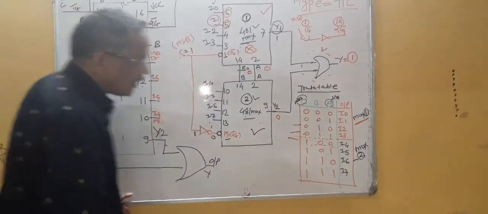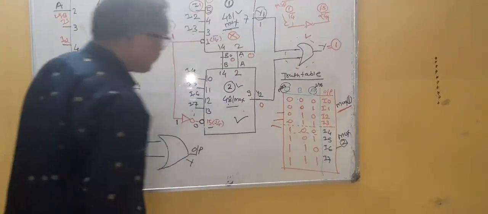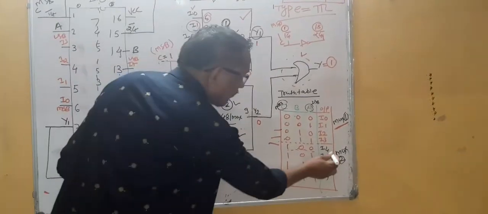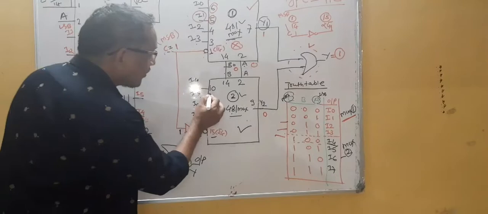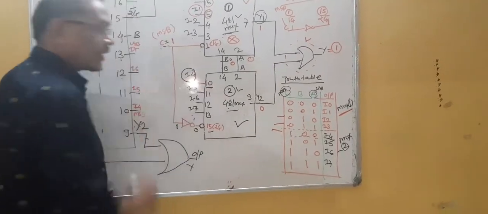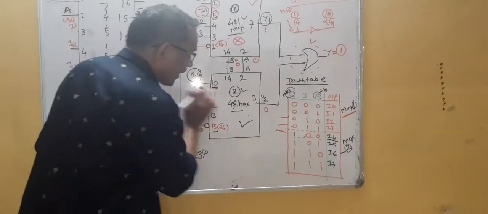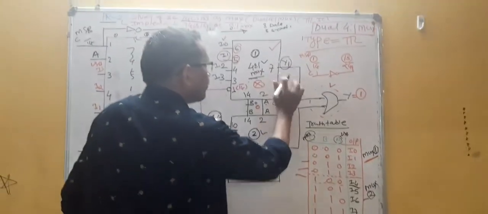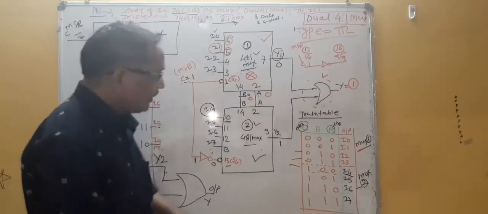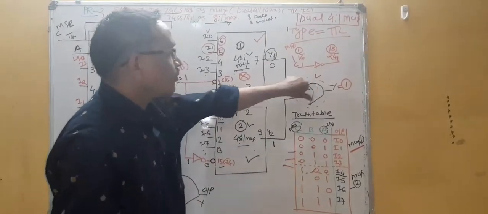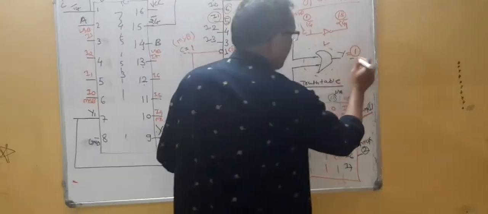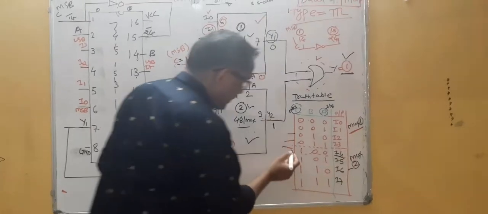Now which condition are we applying? 1, 0, 0. So what is 1, 0, 0? That is nothing but I4, which is pin number 10. So I4 will get activated, and as I4 is activated, this shows the output 1. This doesn't work, so this shows the output 0. So this is 1 and this is 0, and as per the property of your OR gate, which always shows the output 1, this is the result for this condition.